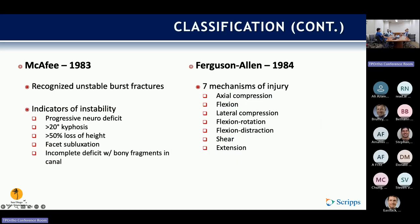Because this kind of criteria classification system didn't really emphasize, a lot of different classification systems have been developed along the way, which really most of them just talk about what the fracture morphology is. No classification system was giving a treatment pattern regarding the fracture morphology. So McAfee and Ferguson and Allen, again, were trying to describe it in terms of